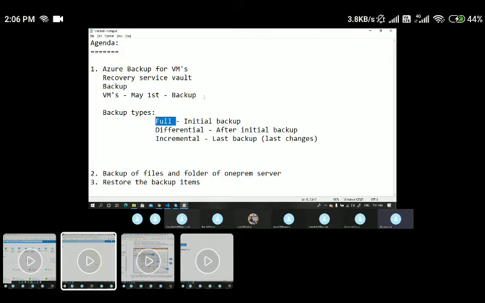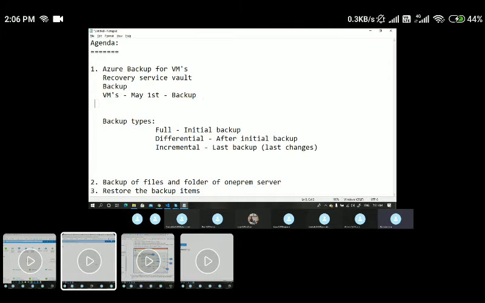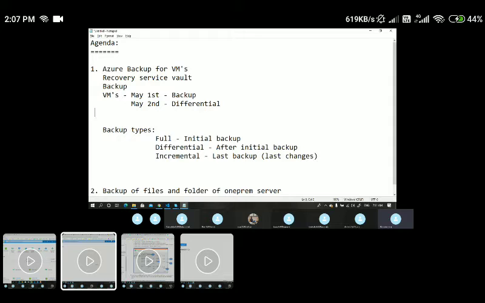After that, on May 2nd, whatever backup is taken is a differential backup. So after the full backup, whatever new differences you back up, that is a differential backup.